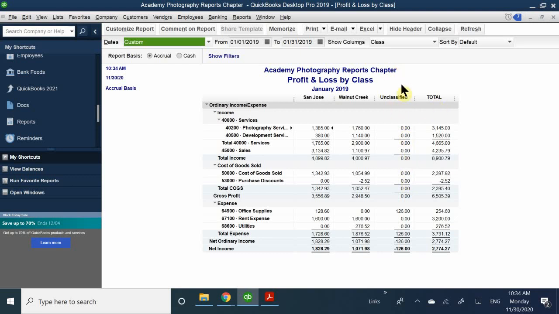And then, so this is pretty much my overhead. As you remember, when we do overhead, that's going to be unclassified because it doesn't belong in San Jose or Walnut Creek. It belongs to both entities, or the company in general. So as you can see, my net income for San Jose is